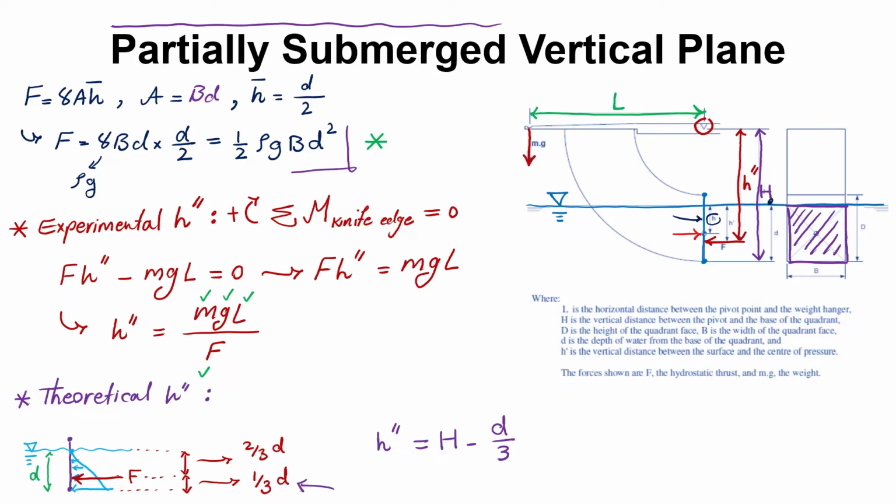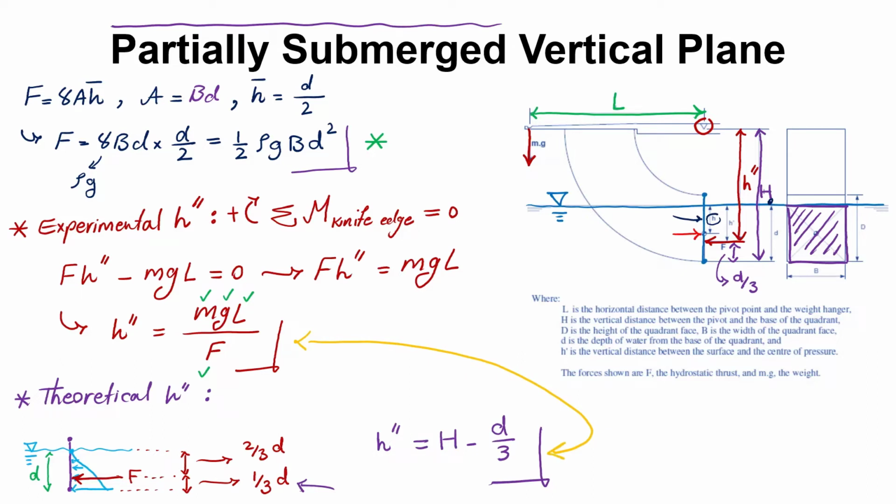So essentially, this distance over here is going to be d divided by 3. So capital H minus d divided by 3 will give me h double prime theoretically. All right, now, and obviously this one is the value of h double prime experimentally. We are going to compare these two values